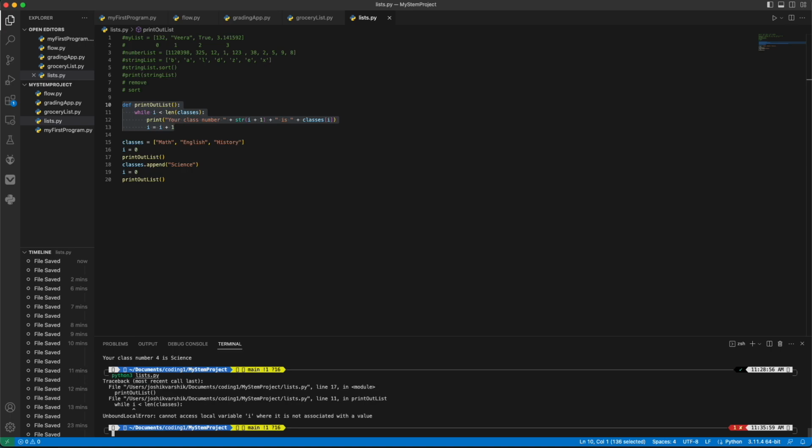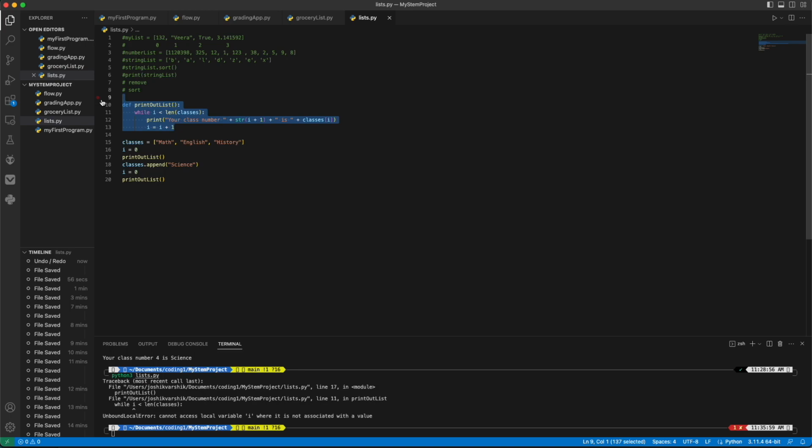Okay, so the error over here was, I'm using this variable called I, but I haven't declared this variable. So over here it says I'm using this variable called I, and I haven't declared this variable. Now you might be saying, what? Wait, I've already declared this variable I is equal to 0 over here, right? So why is my Python program saying that my function does not have a variable called I? Well, the reason for that is